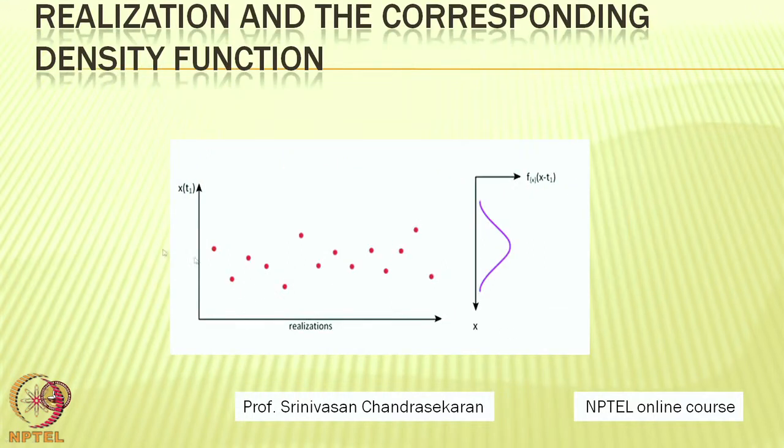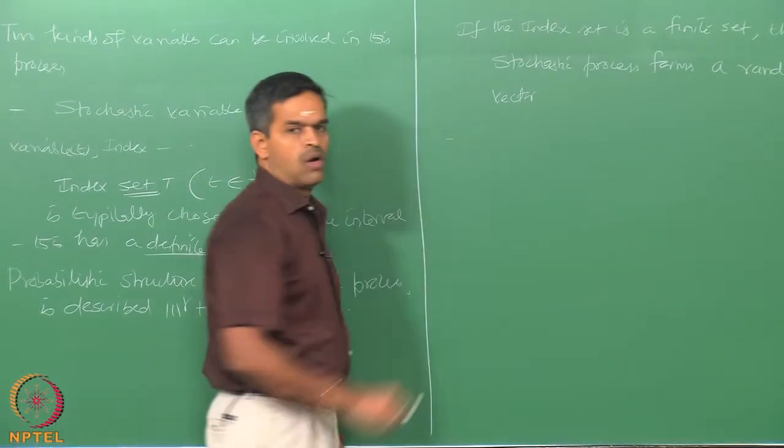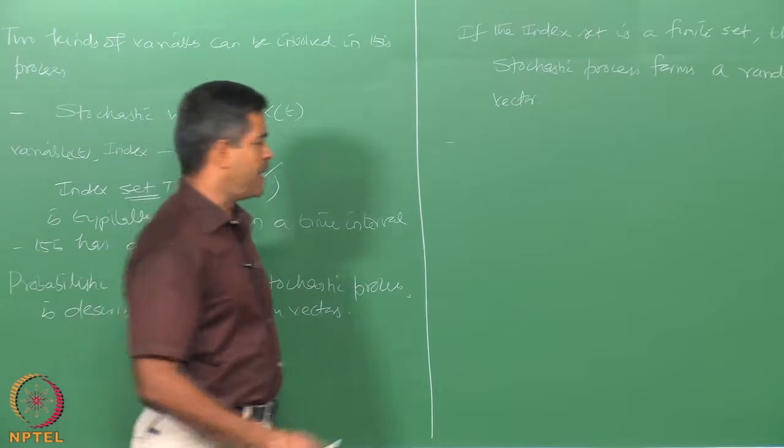For x t 1 one can easily find the appropriate probability density function f x of x minus t 1, where we are talking about a specific variable whose values have a finite set within a given index time capital T. So, therefore, for a fixed sample space,